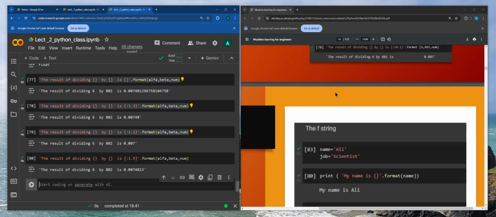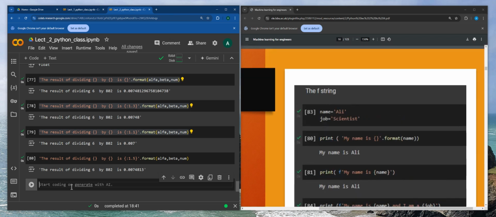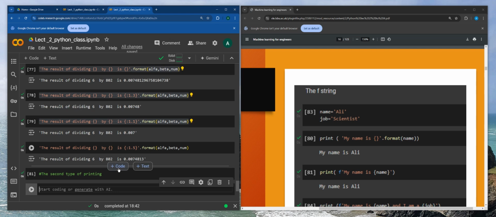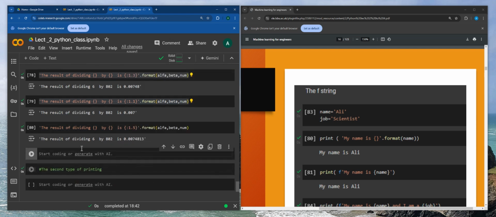And I'm now going to go to the second type of printing, okay? The second type of printing. And in fact, before I do that, guys, have you noticed something? When I did this, I didn't use a print, did I? And look at the output. So although I have put all of this and I've called the dot format function on it, the output, yeah,